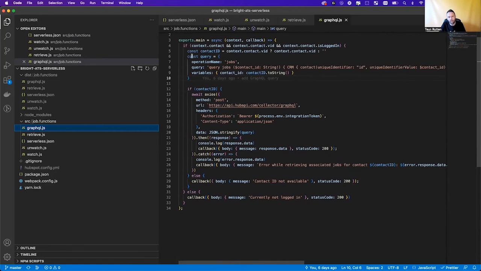So what I'm doing right here is I'm building up an object, a query object. I'm going to pass an operation name called jobs. I'm going to write my query in this object. I'm going to tell it which variable I want to use. And in this case, I want to use the contact ID that is available in my serverless function by default. I'm then using the Axios API to call the collector/GraphQL endpoint,